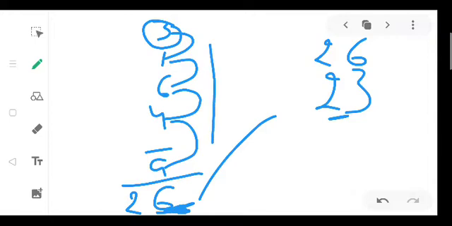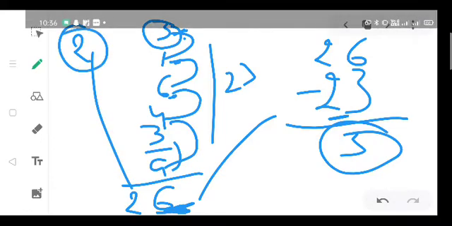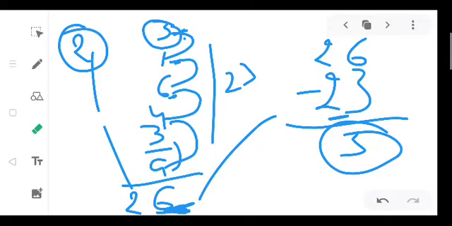Now this sum was 23. We have subtracted from this. What we got? Blank में क्या आना चाहिए? 3. Now you can check your answer. 9 plus 3, 12. 12 plus 4, 16. 16 plus 6, 22. 23. 23 plus 6, 26. 6 we will write here, and this 2 will be carried to 10,000 place.